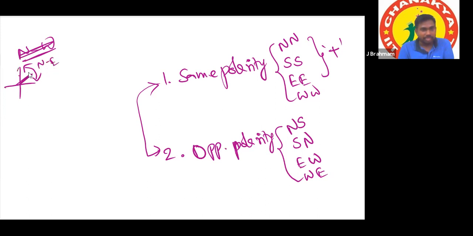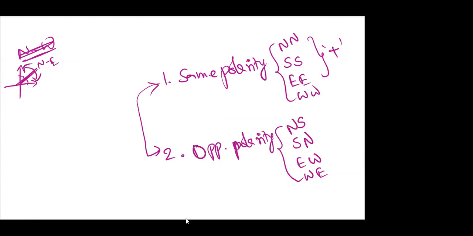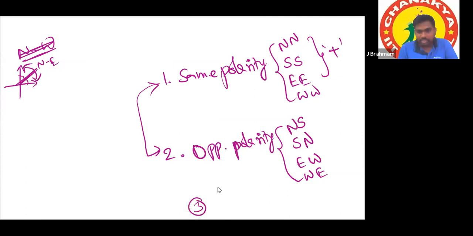That is the region between north and east. Yesterday I told this point already. But if we consider a particular line with 45 degrees and 45 degrees, that will be the ideal case. And the third point is, see here the third point.